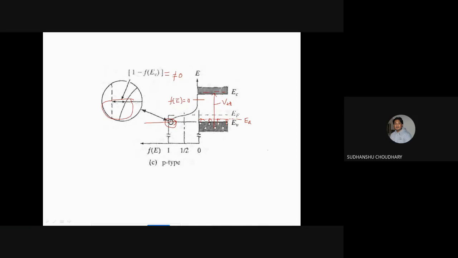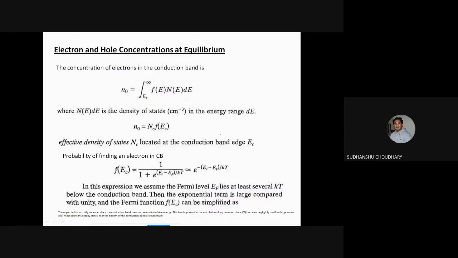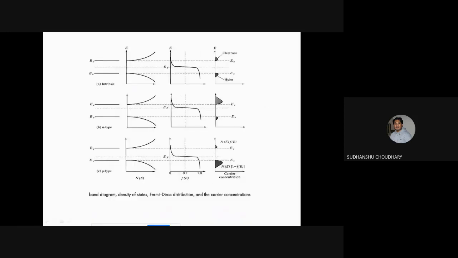So I think I will stop here itself. But maybe let us discuss a few more things on the Fermi level. From the Fermi level, we had discussed that the carrier concentration can be found by simply multiplying the Fermi function with the electron density of states. Now the total number of electrons in the conduction band and valence band can also be seen. For an intrinsic semiconductor, we had assumed that the number of electrons should be equal to the number of holes, and that also relates to the Fermi distribution function.